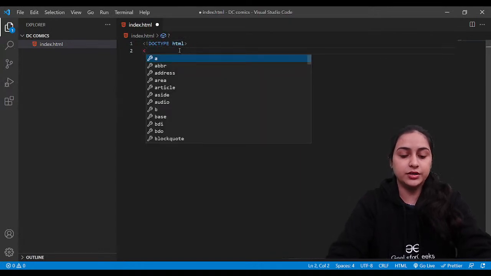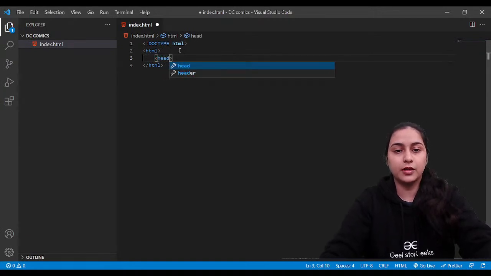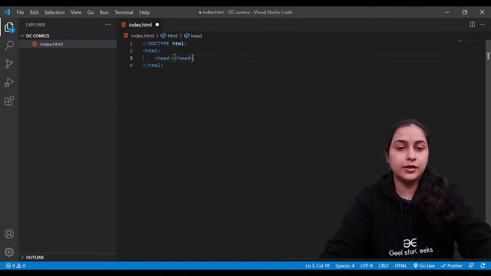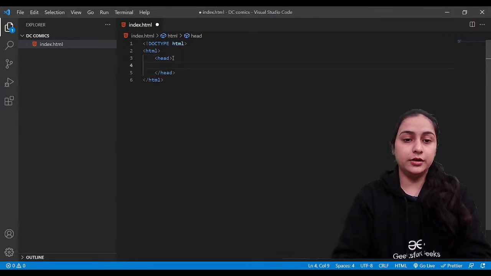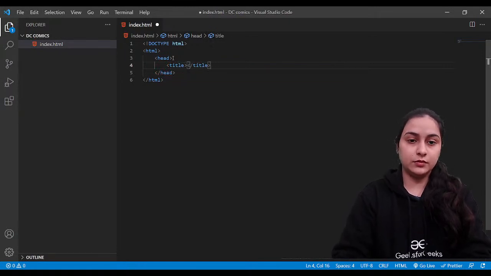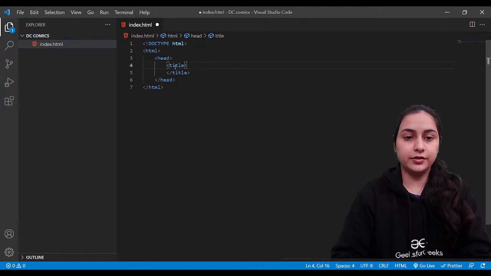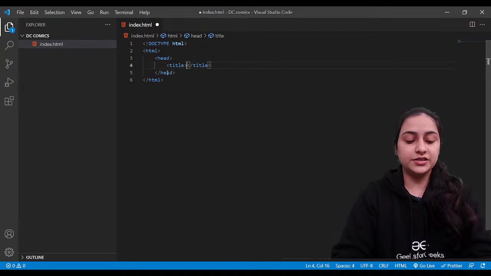Then we have the HTML tag and then inside this we have a head tag, then inside this head tag we have multiple things like title. Title of the page, let me just write it over here only. Title हमने डाला, okay, DC Comics,